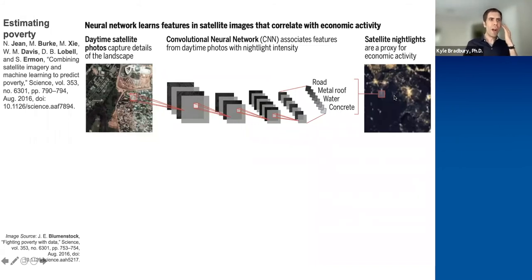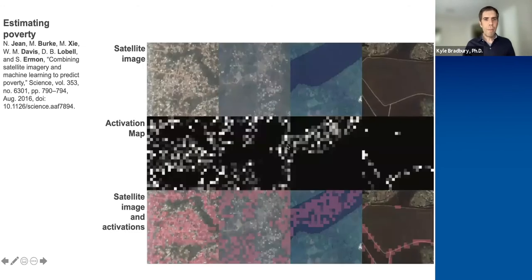And you might think, well, why would you want to do that? Well, it turns out that the information that is developed as we try to estimate the nighttime lights actually develops features that are rich in information about other types of infrastructure and demographics. So, here are 4 examples of some of the features that were developed. Well, this one, you can see where these features were highly activated over these regions. And it tends to be in areas where there's a lot of urban activity. If you look here, what does this look like? Oh, well, it tends to be activated in areas where there's a lot of water.